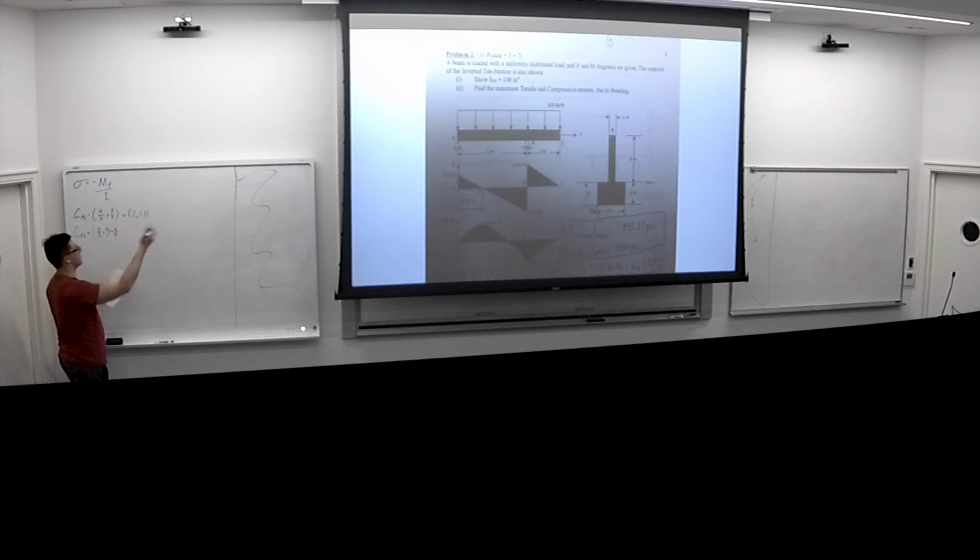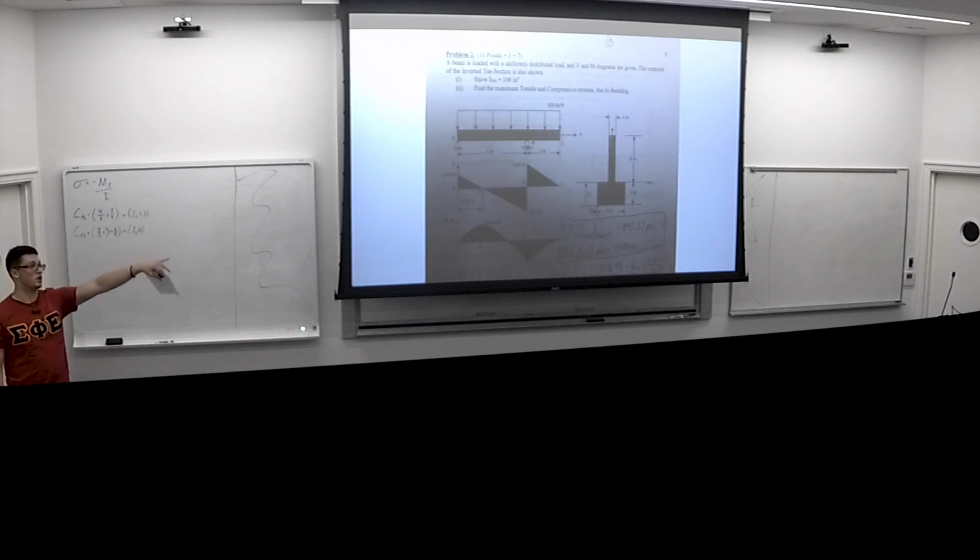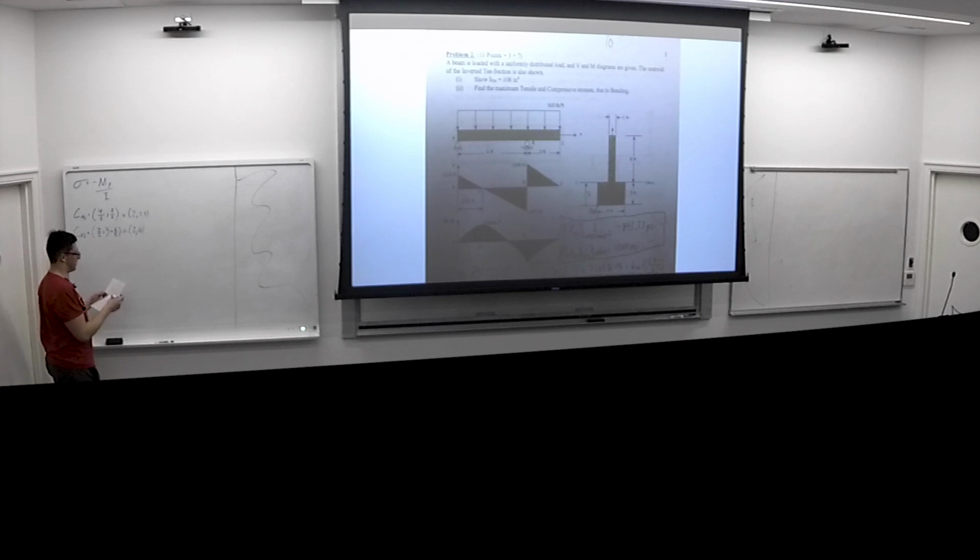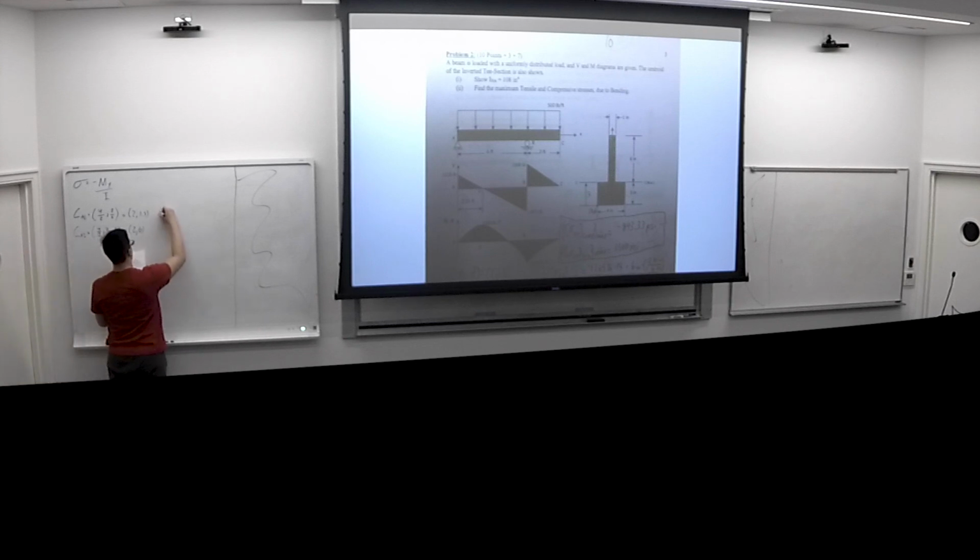I don't think you actually have to work out this math because visually it's very obvious what's going on. So if you just write where it is, you're fine. But just to be safe, I threw every step of it on the paper. So those are the locations of the two individual centroids that we're working with, the fat one, the shorter one on the bottom, and the taller one on the top. And then the areas of those were 4 inches times 3 inches is 12 inches squared. And the bottom one, oh, that was actually the bottom one. And then the top one, 1 inch times 6 inches